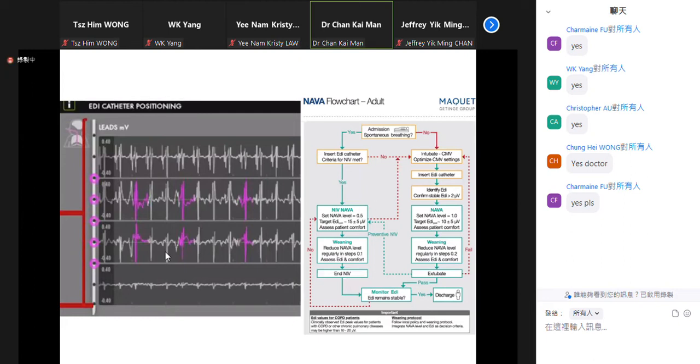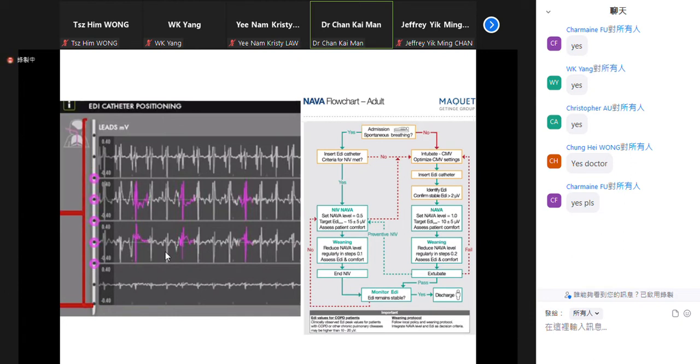When the catheter was put in, it would show the ECG signals. Because it's sensing from the esophagus, there will be sharp spikes of P wave followed by sharp spikes of QRS. And as you go along to the tip of the catheter, the P wave disappears, and the QRS magnitude decreases, which signifies that the catheter has just crossed the diaphragm into the stomach. So frequently we are looking for the pattern that the most distal